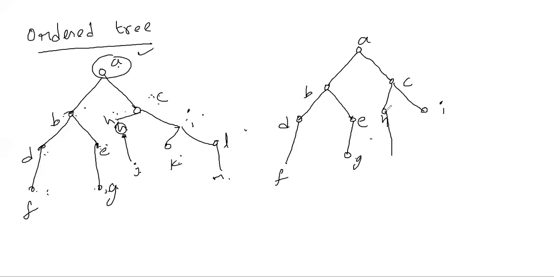Suppose H has one edge, you give J. Next, if H has no other edges, come to the right side, I. For I, suppose I has two edges. First give names left to right, J completed, give K. Next here give L. Suppose K has no edges, leave it. Suppose L has an edge, then you have to give M. Like that you have to give the names. So this type is called an ordered tree. I think I tried to explain it in detail.